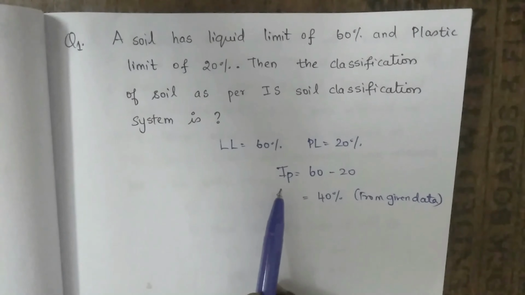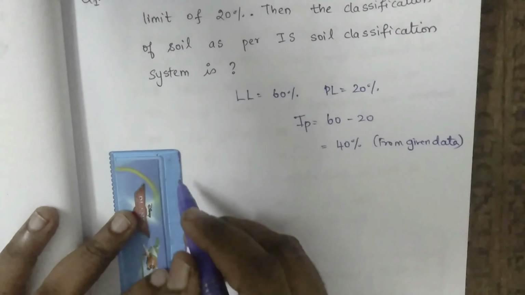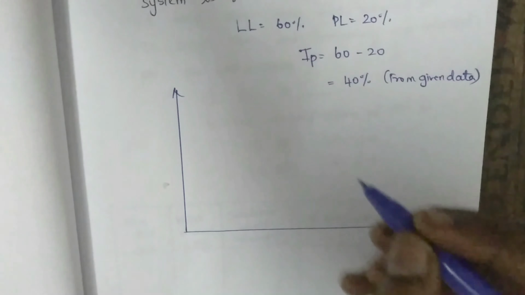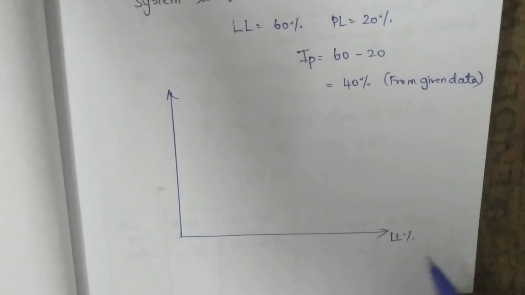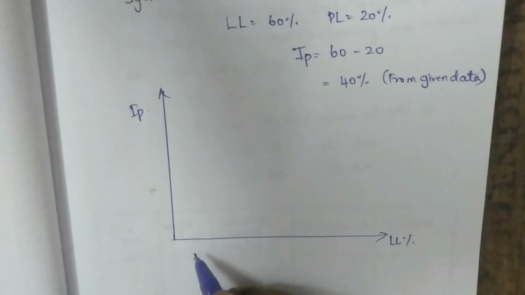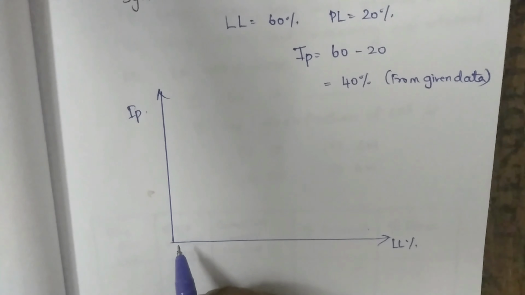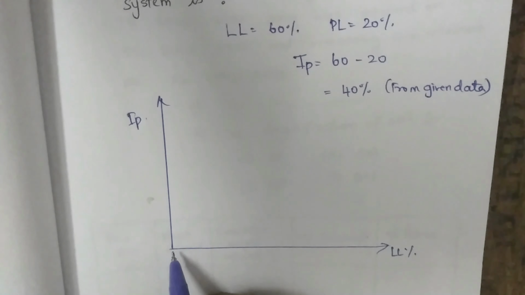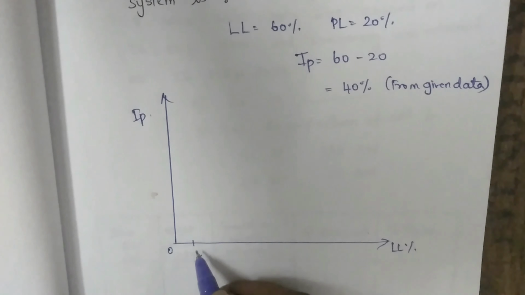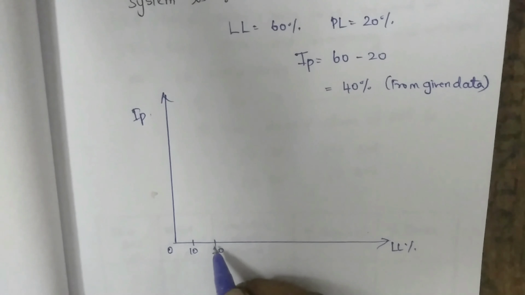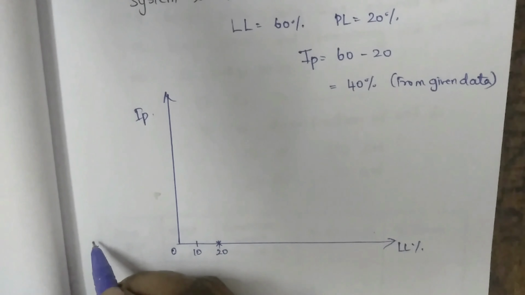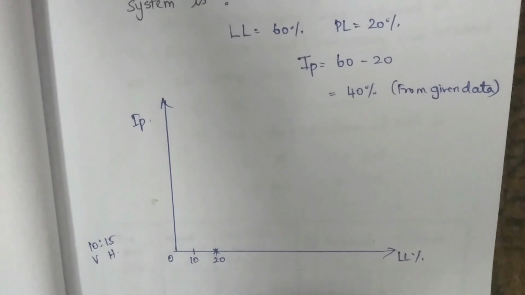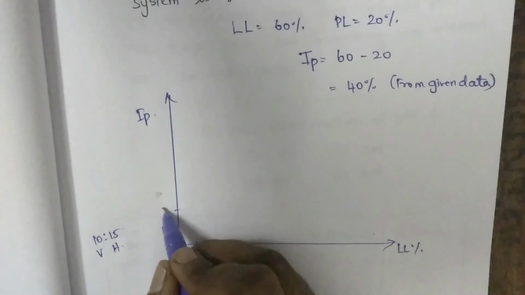So having known IP, we need the plasticity chart to solve the sum. In the plasticity chart, on the X and Y axis, we have the liquid limit and IP. To draw this chart, we have to just remember 2 key points: the axis, and second, where the graph starts. As I've already said earlier, the graph doesn't start at the origin. It starts at a point 20. And the ratio is generally 10:15, that is 10 vertical to 15 horizontal. So just mark,